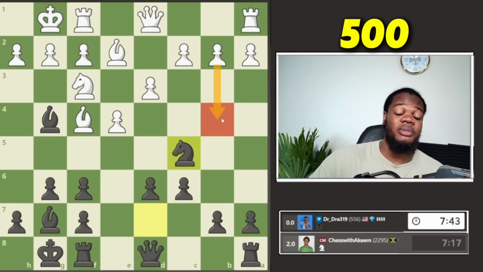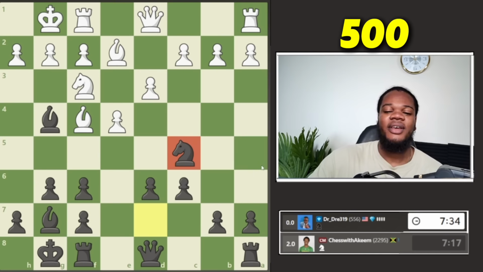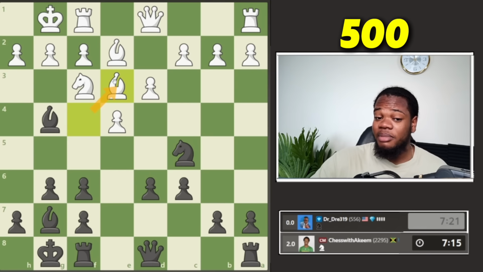A move like pawn to b4 is one of those moves that you want to be aware of. So pawn to a5 is also a thematic idea. Once you have a knight on c5, you kind of want to play pawn to a5, so that there's no pawn that is able to come to b4 and attack the knight. He pulls the bishop back to